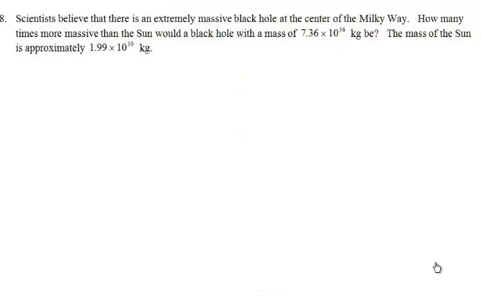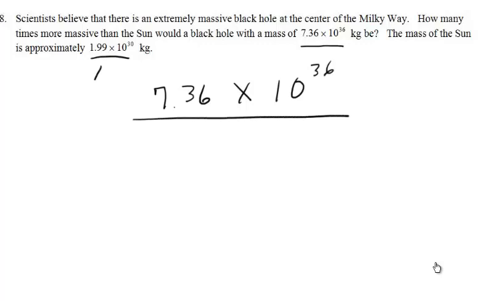Okay, number 8. It's another word problem, and they get all this crazy stuff in there. Scientists, a black hole. We don't care about that. How many times more massive than the sun would a black hole be? So we've got these two things to consider: 7.36 times 10 to the 36th power, and the mass of the sun, 1.99 times 10 to the 30th power. So again, we're going to be doing a little division, come up with a quotient, times 10 to the 36th power, and we're simply going to divide that by what they give us right here,